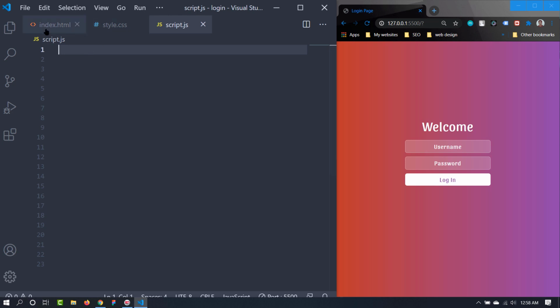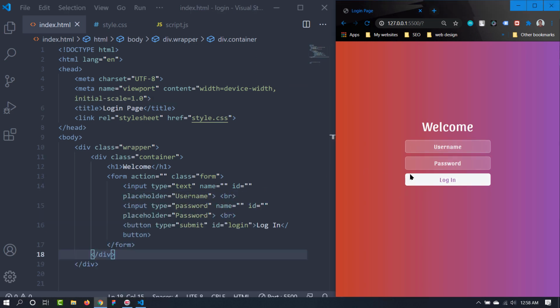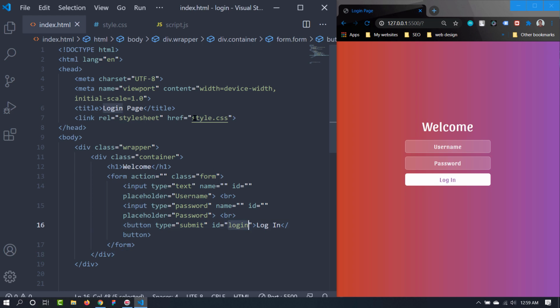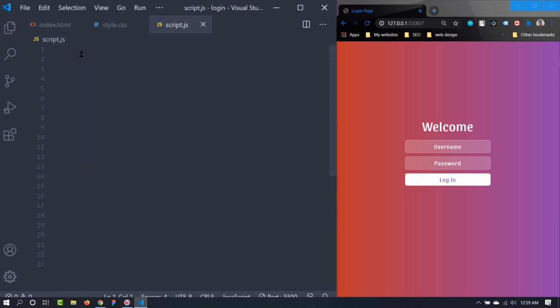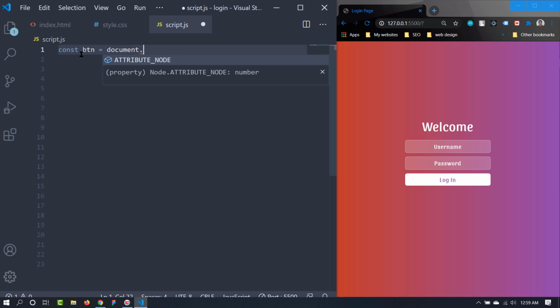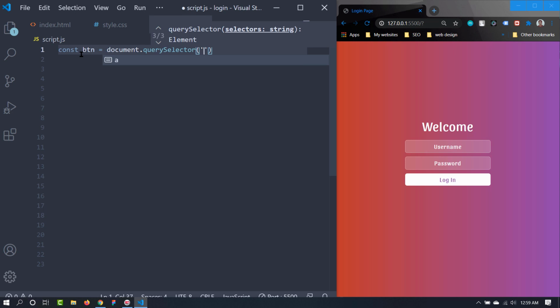So let's get some elements from here. The animation will start when we click on this button, right? So for that we first need to get it. This button has an ID of login. Let's get that. Although we could actually use the submit event, let's keep it simple and use the button. So I'm going to create a variable named btn, and inside it document dot query selector, not all, and it has this ID of, sorry, login.